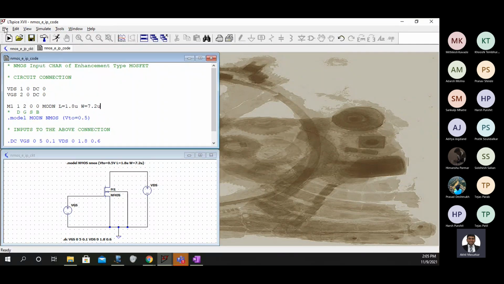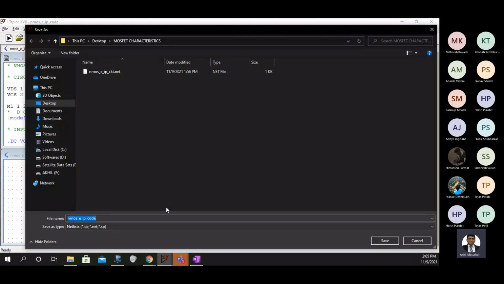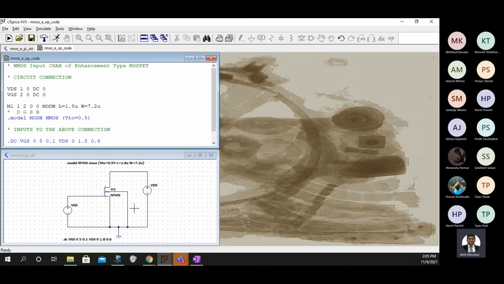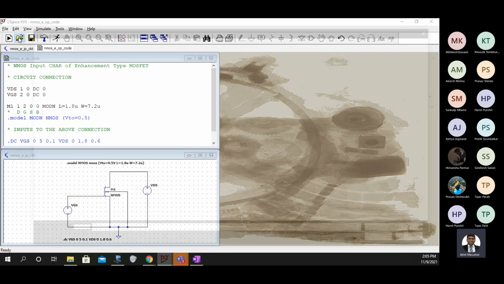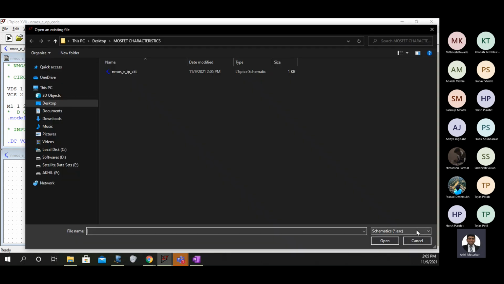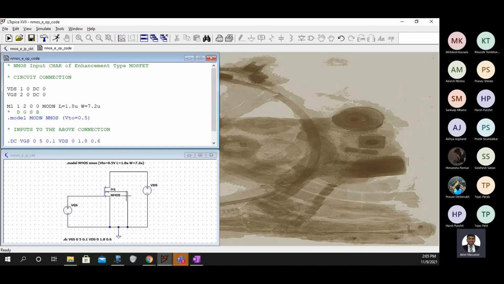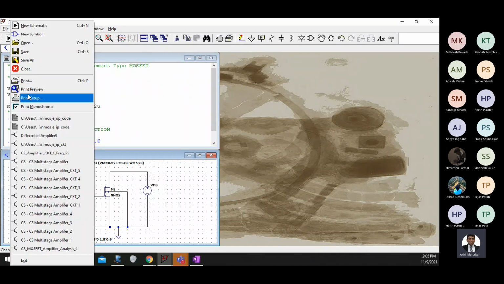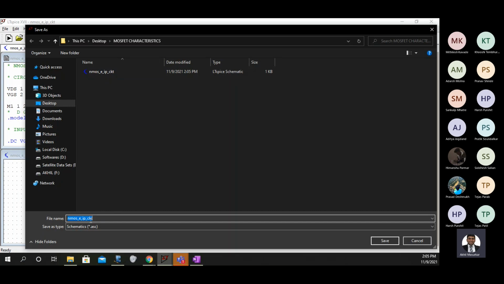I'm saving this file as output, now instead of input. And here also I'll save this file as well.